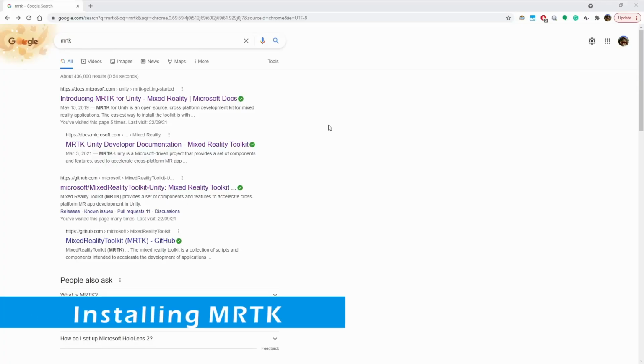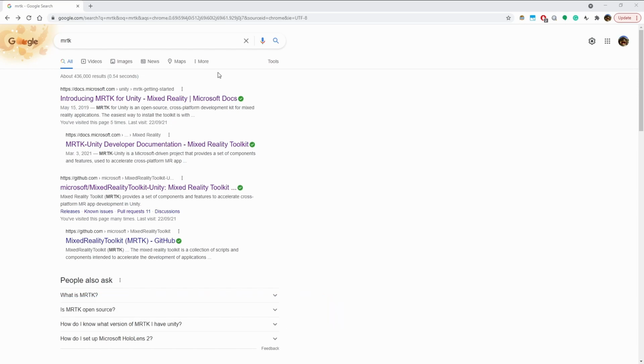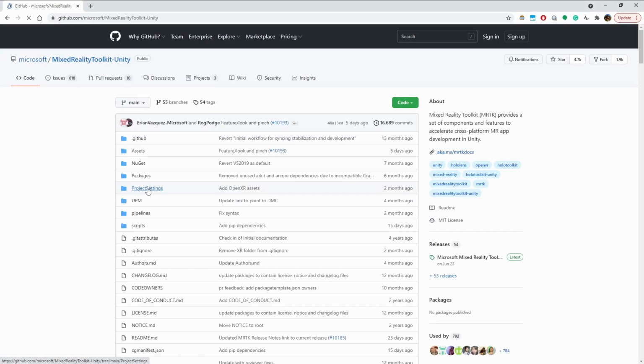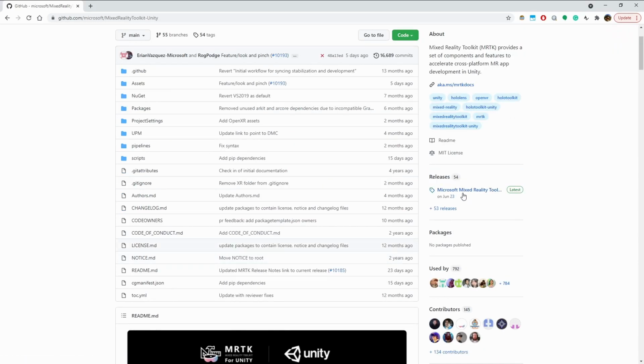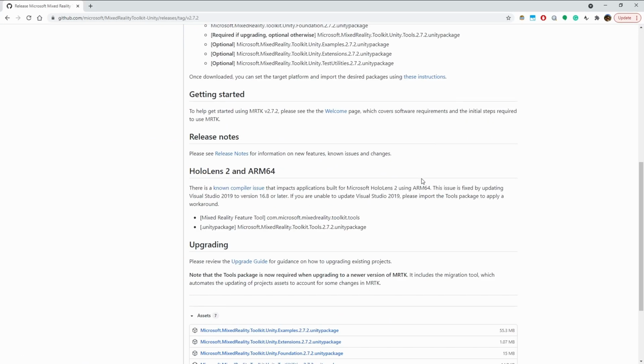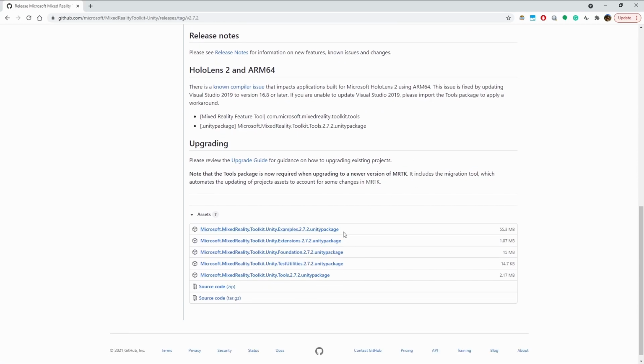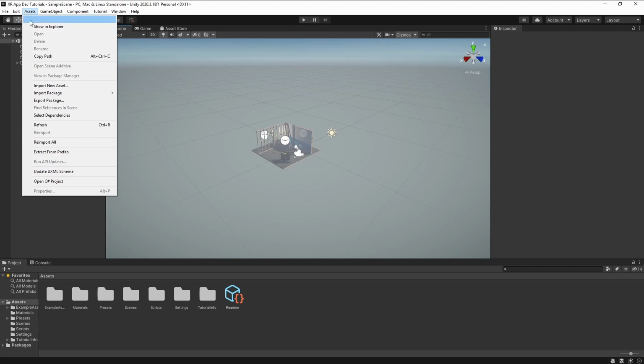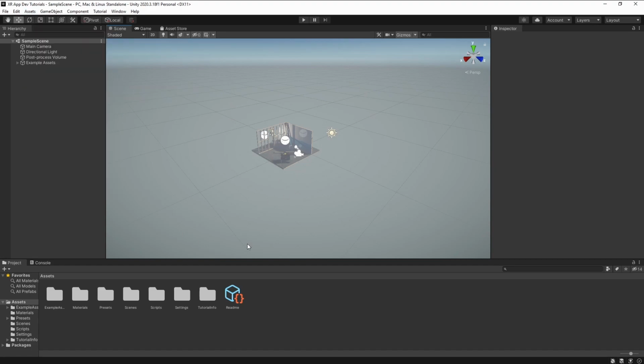So to add MRTK to any Unity project, the first step is to just Google MRTK, and that will bring us to a number of links here. Now, the old way of doing so would be to access GitHub, go over to their releases section, scroll down to the very bottom, and download these Unity packages and add them to Unity manually. This would be done by essentially going to Assets and importing the packages through here. And then once the file explorer comes up, picking those packages and adding them into the assets of our